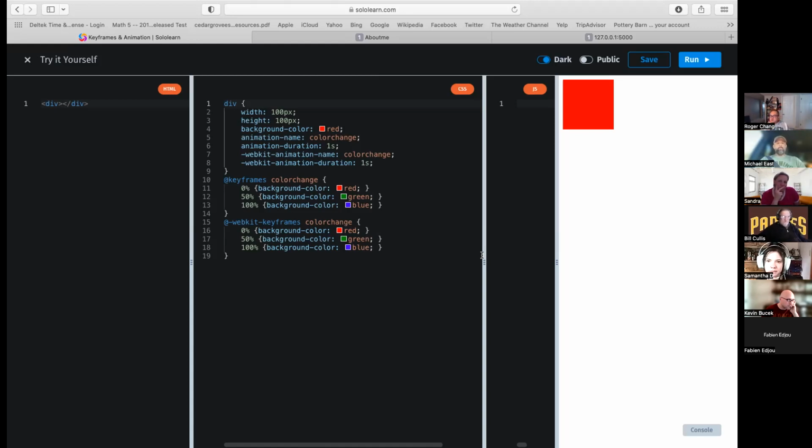It's saying taking that thing that you created, because you're just naming it color change, like it's whatever. It's a variable animation name, which means name it whatever you want, and then in the div we used animation name, color change, and then all the other stuff, animation duration, and so on. Gotcha. But go ahead and click run,